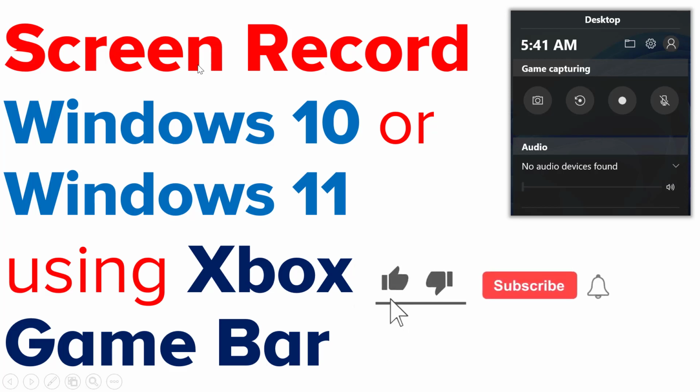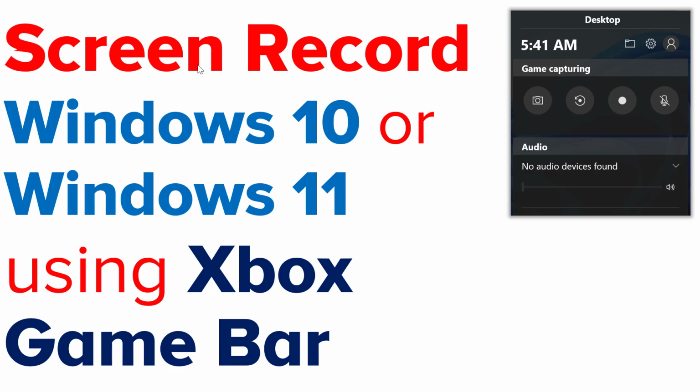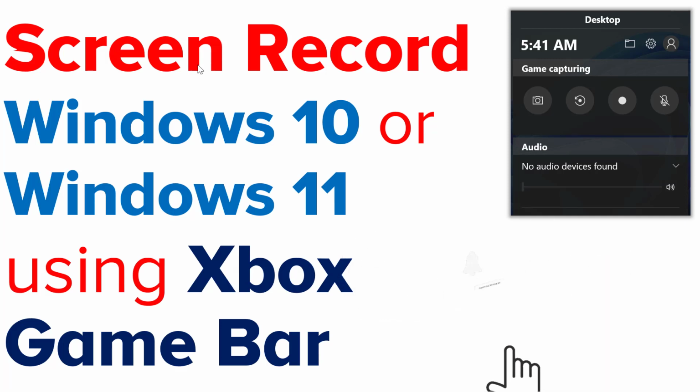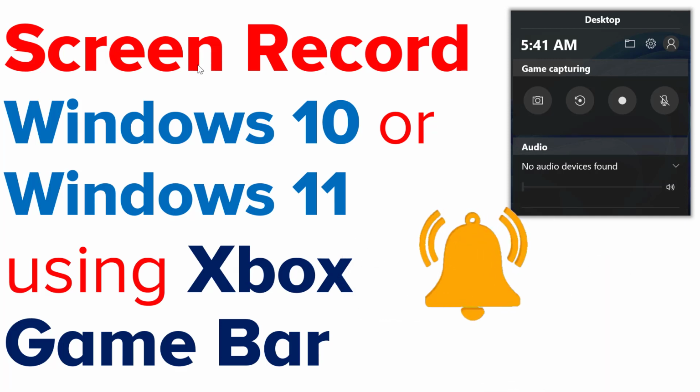Hey guys, in this video, I'm going to show you how you can screen record Windows 10 or Windows 11 using Xbox Game Bar. Xbox Game Bar is an inbuilt tool provided by Microsoft, and it allows you to record your screen on Windows 11 or Windows 10, whether to show off your gameplay sessions, demonstrate your work, or create